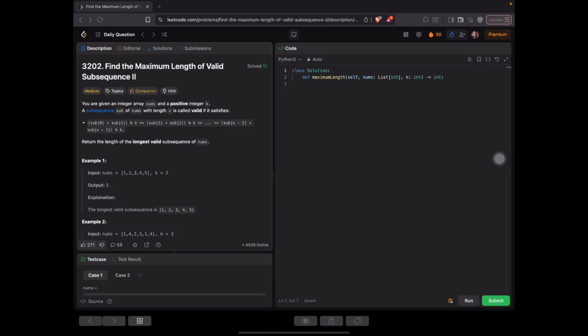Today we are going to solve LeetCode day 17th challenge: Find the Maximum Length of Valid Subsequence 2. Yesterday we solved Maximum Length of Valid Subsequence 1. So yesterday they had given